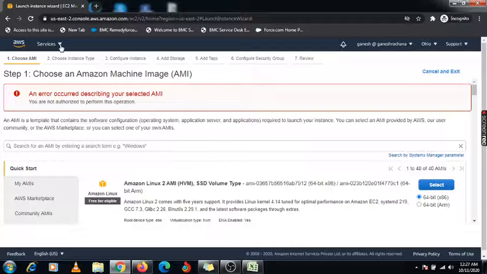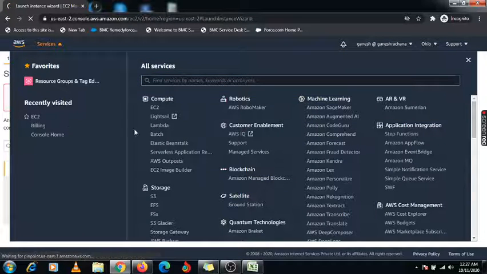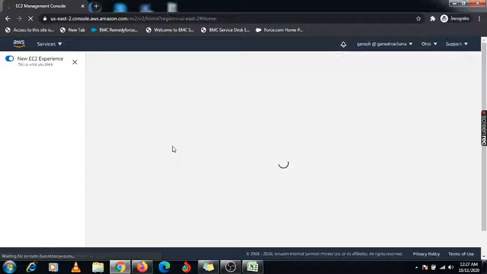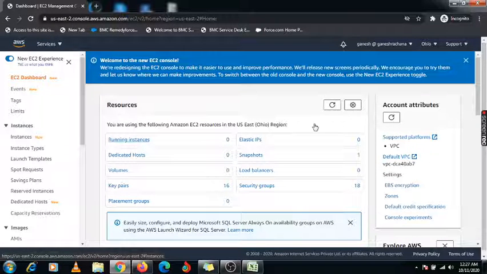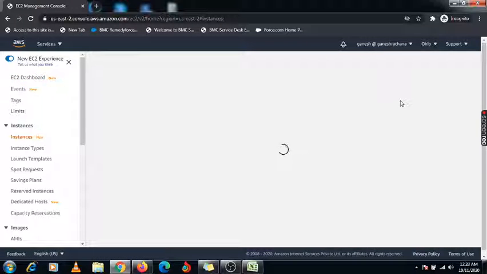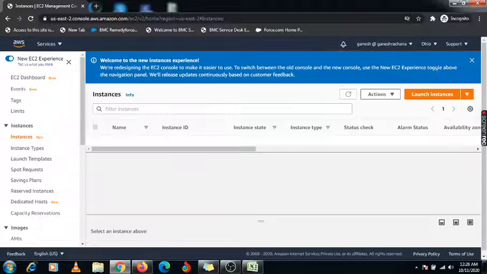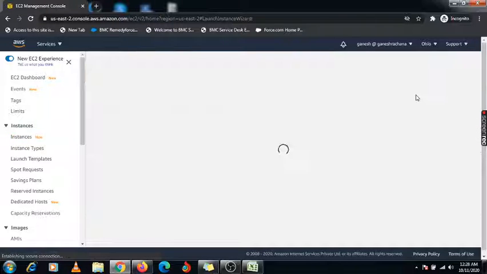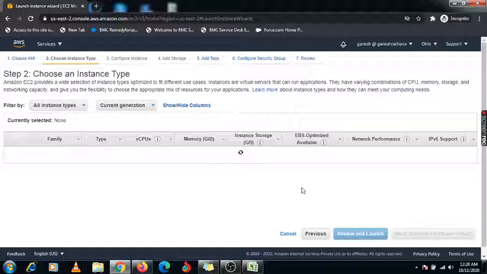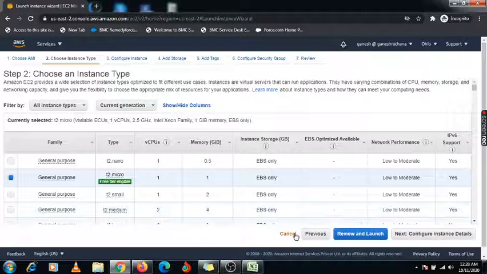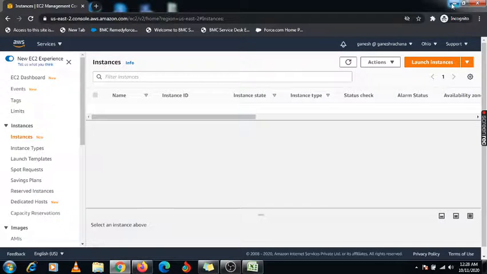I'm going to EC2 again and trying to create one EC2 instance. Now you will get this option, because previously we were not getting the option to launch it, but now we have granted this permission to this user to create EC2 instances with full access. Click on it and check. Yes, now you get this option, right? So like this you can provide policies to a particular user or to a group.